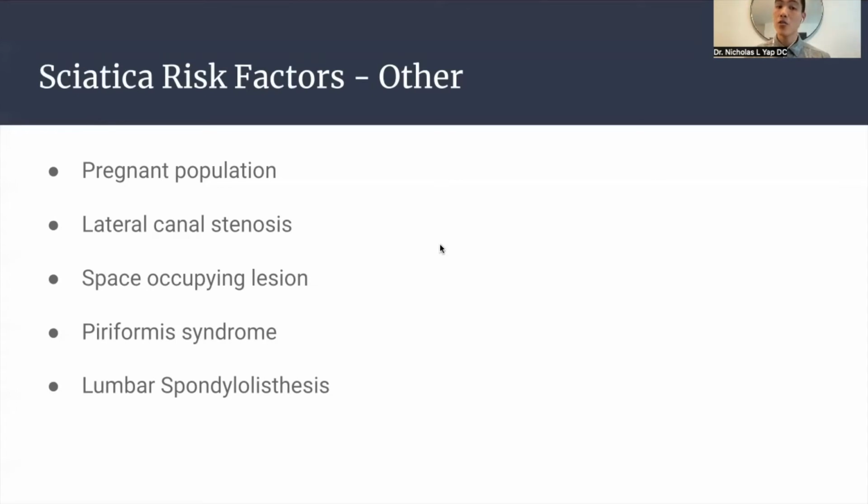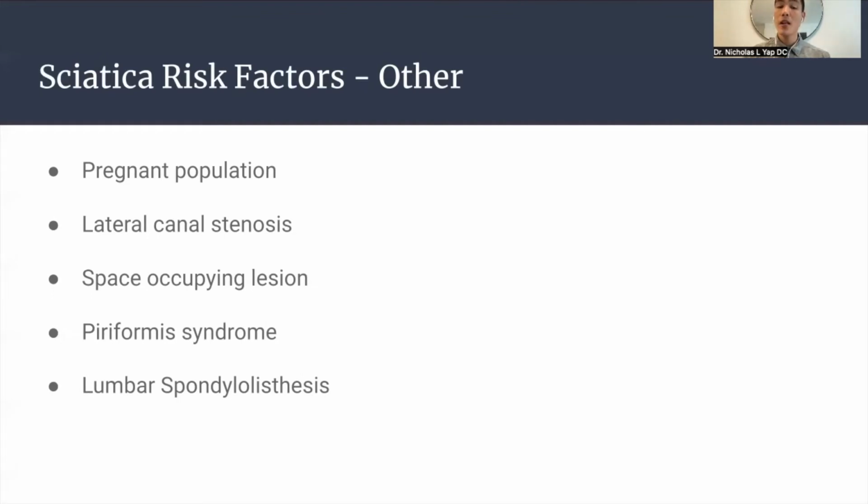And lastly, another potential cause for sciatica can come from lumbar spondylolisthesis. Now, this is less common and more of a traumatic origin. Typically, we see spondylolisthesis when you get into some sort of abrupt trauma. A portion or a segment of your spine will either shift forward or backward, which can then close down on the lateral canal where the nerve root exits and put physical pressure or irritation or even potential mild tearing of a portion of the sciatic nerve, which can lead to sciatica, although it's typically mostly associated with a traumatic type